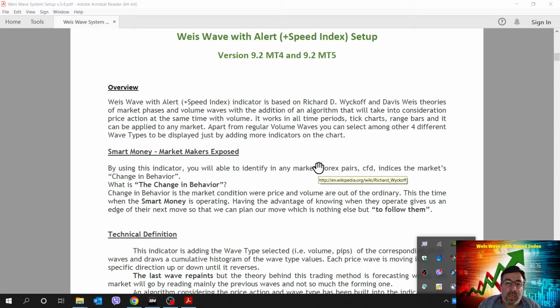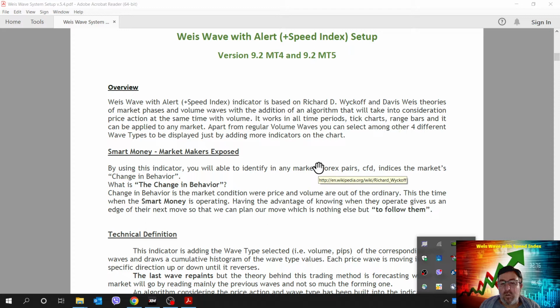WaveWave with alert and speed index indicator is based on Richard Wyckoff and David Weis's theories of market phases and volume waves with the addition of an algorithm that will take into consideration price action and at the same time volume. This indicator works in all time periods, tick charts, range bars, Renko, and can be applied to any market.